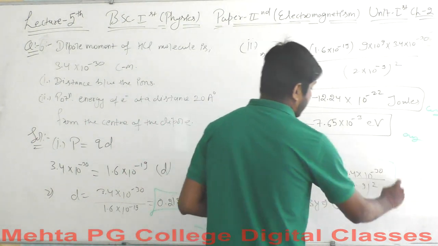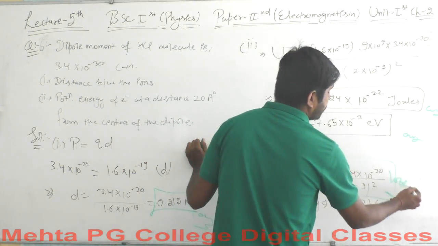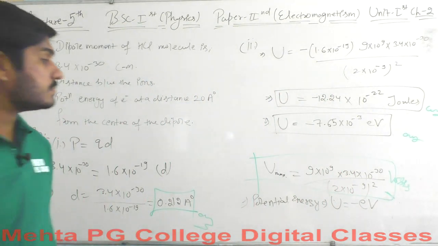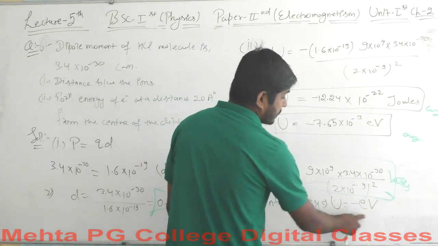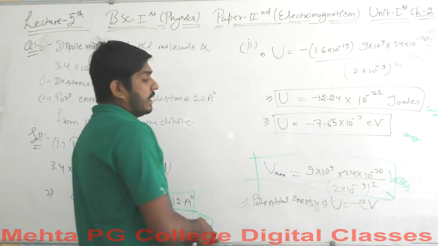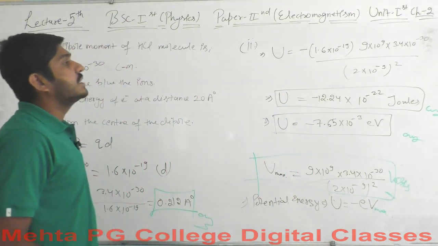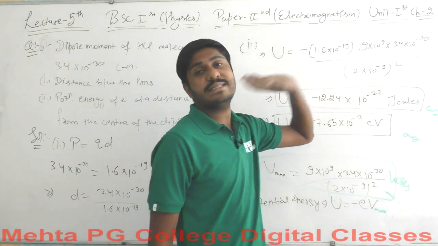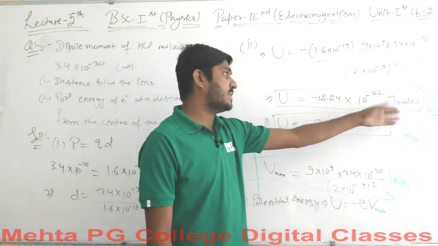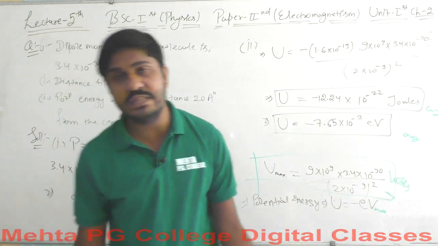This is the value of potential that is required, and after calculating this value, this should be calculated in volts here. Okay, so this has been calculated, and the potential energy has been given. U is equals to minus E into V, where E is the electronic charge here and V is the total value of potential. It's been said that V maximum here will give you the maximum potential energy. So the maximum potential energy is given in this expression, and by solving this we will end up having two units here. One is the joules, and then expressing joules in terms of electron volt. So this is what we are subjected to calculate, and we have done with this example.